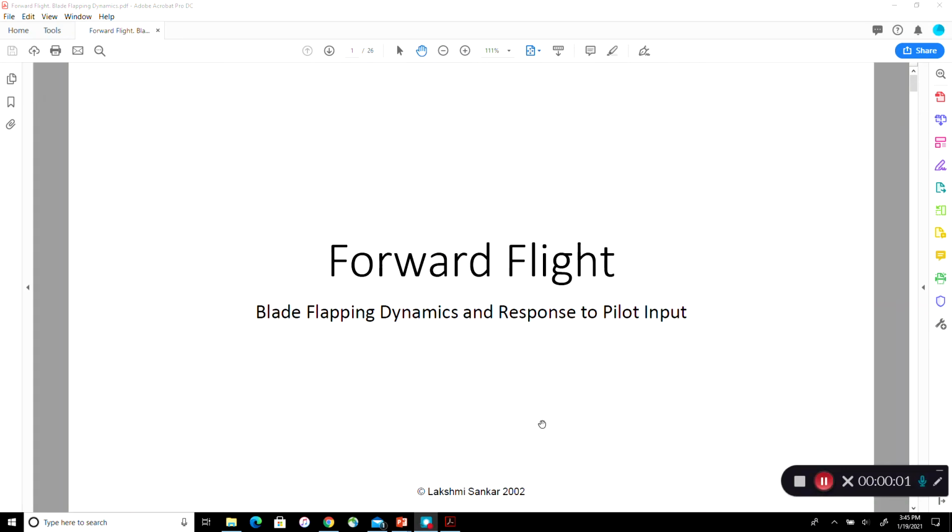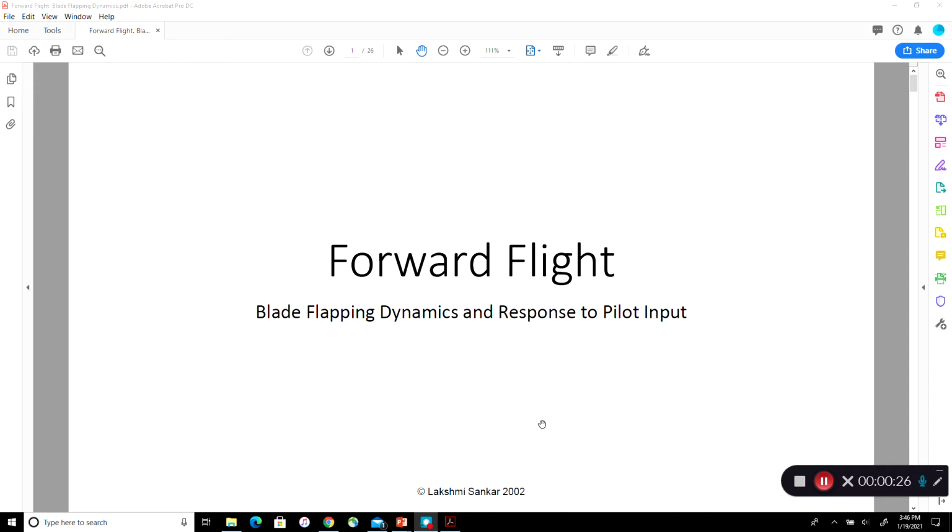In the previous video, we talked about the various coordinate systems that are used to study blade dynamics as well as blade aerodynamics. So now we start looking a little bit more closely at the blade flapping dynamics. How does it flap up and down? And how does this flapping up and down translate into a rotation of the rotor disc, or change in the